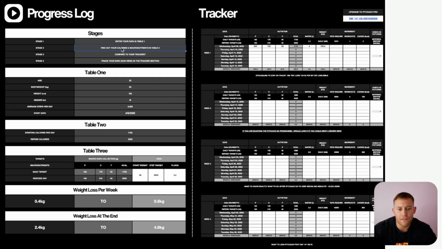Stage number 2, we want to find out your calories and your macronutrients in table number 2. Now, as previously mentioned, there is a calorie calculator built into your progress log. So please don't edit any of the sections that don't need to be edited, but we can actually see that we have 2 sections here. Your starting calories per day. So for this individual, they're going to be consuming